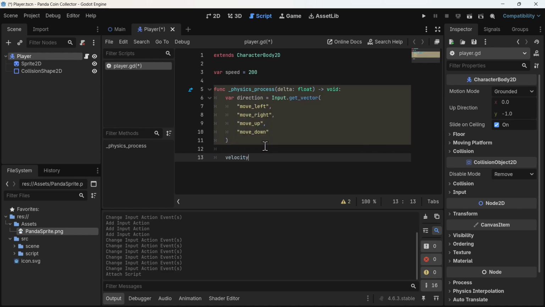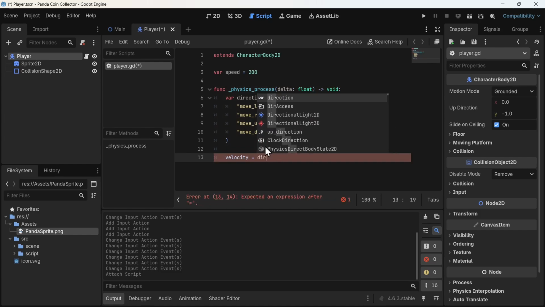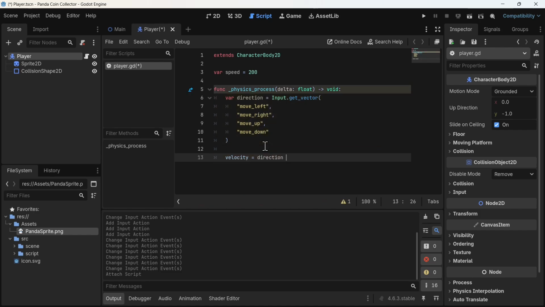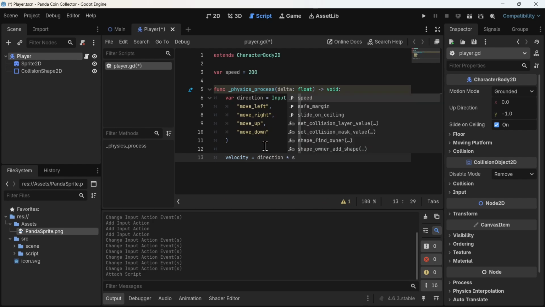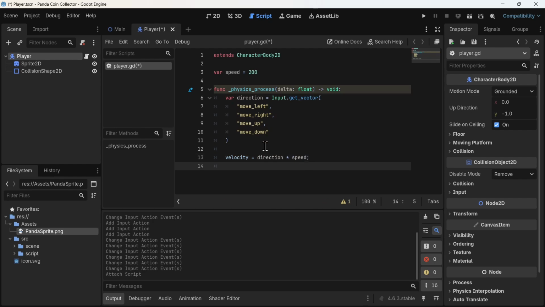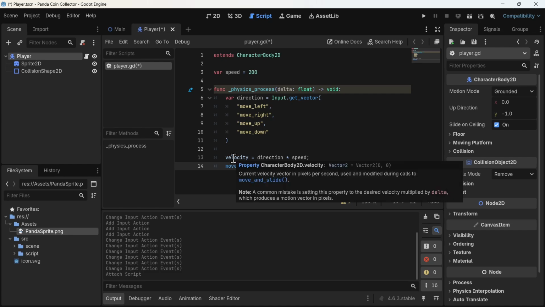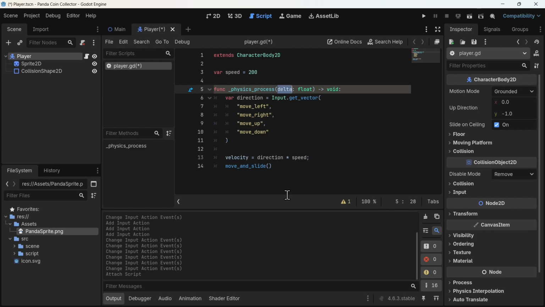And then we can calculate velocity using direction multiplied by our speed. And then we can use a method called move and slide. This method is derived from our character body 2D. It's an inbuilt method and you don't have to worry much. What it basically does is that it takes this velocity, it takes this delta and calculates how much the character needs to move. So now if I play this scene,